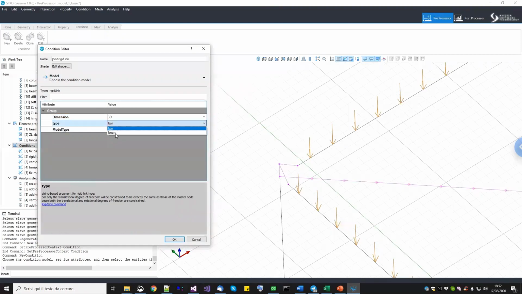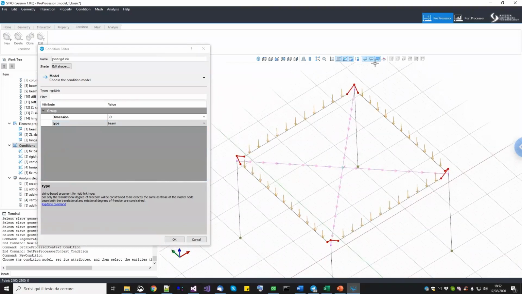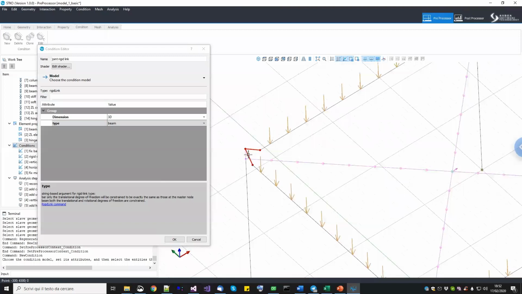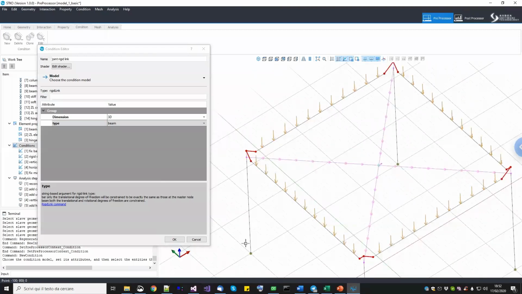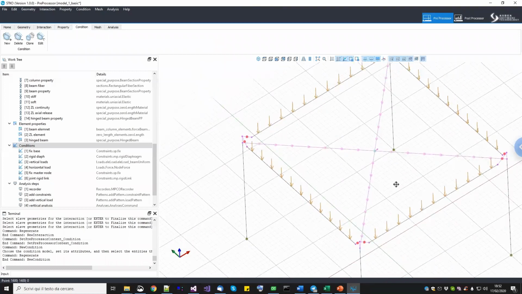The beam formulation means I want to join everything, displacement and rotation, and it will act as a rigid body. Okay, now we need to select the target, which is this geometry. Now, since I created them with just one command, I can click just on one of them, and I will select all of them. So let's press OK, and here I have the assignment of this